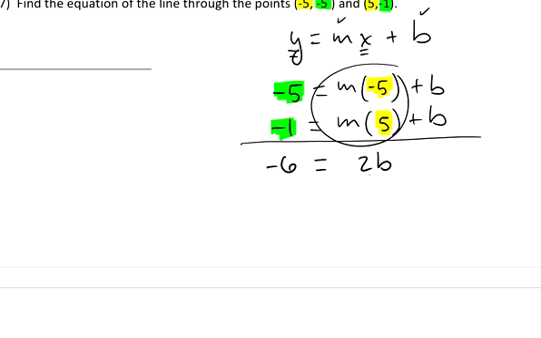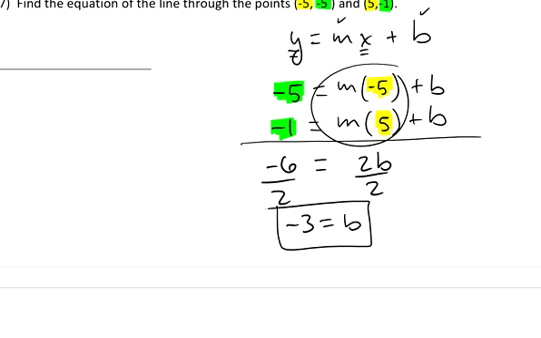And then to solve for b, I divide both sides by 2, and I get that -3 is what b is. So I know that my y-intercept is -3. That's definitely part of my answer. I've got this value b all dialed in. But I do need to know what my